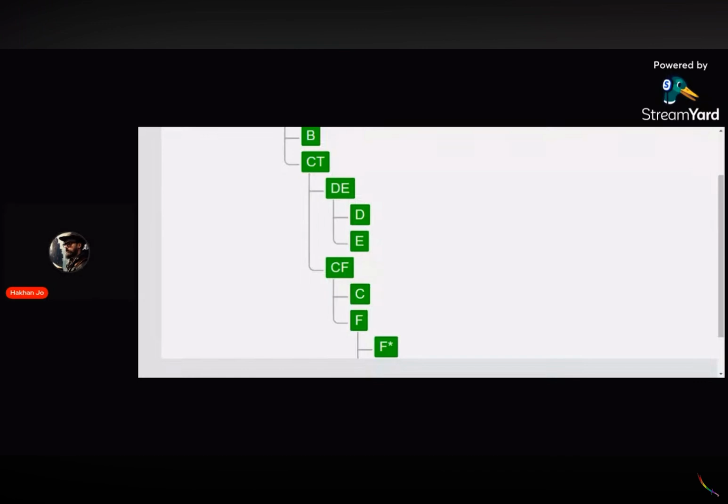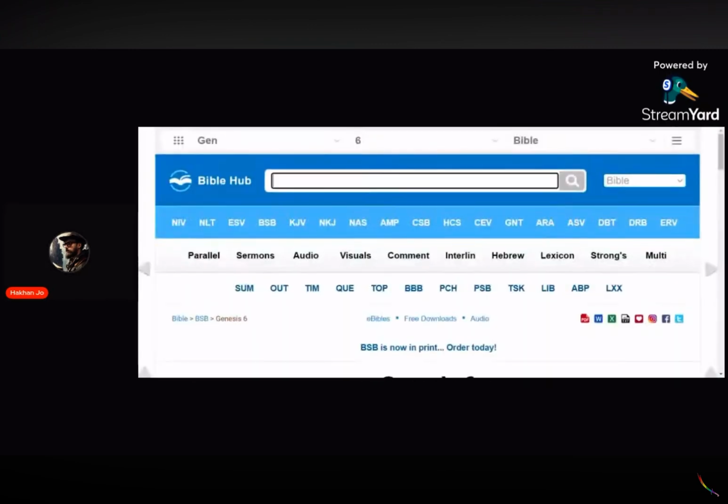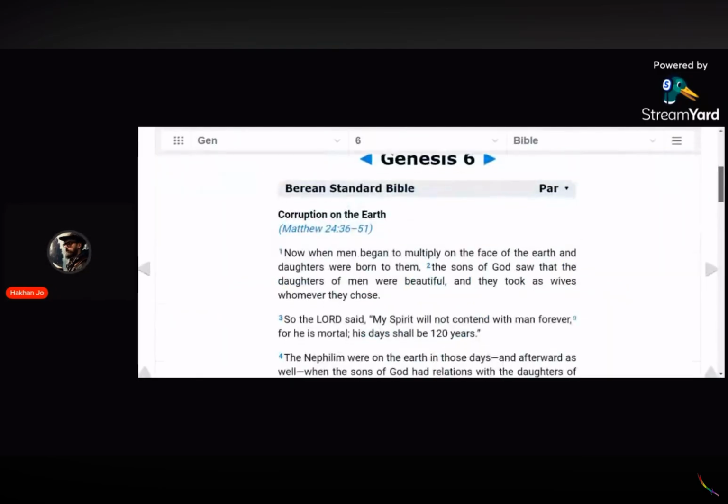So after the flood, Noah's got his three sons there, Ham, Shem, and Japheth. Of course, Noah's father Lamech is named after the ancestral Lamech, who is the descendant of Cain. And you've got Ham, Shem, and Japheth there. So we're going to look at Ham, Shem, and Japheth. In Genesis 6, it talks about the preparing for the ark,